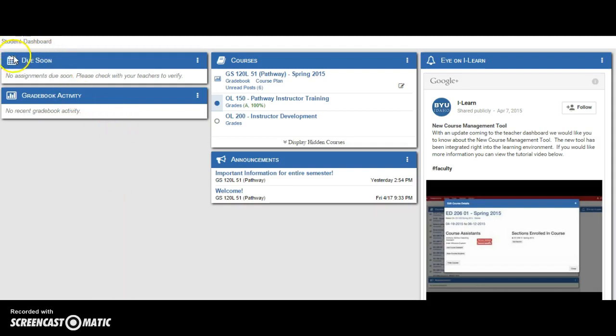On the left hand side it will say due soon. This is where your assignments will show up. Our assignments are due Wednesdays and Saturdays. So the assignments will show up right here. We'll say the assignment name and then what day it's due over on this end. So you can either click on the assignment and do it from there, or you can access the assignment through